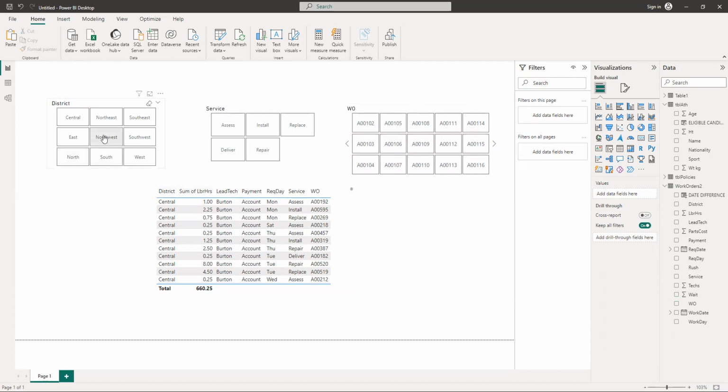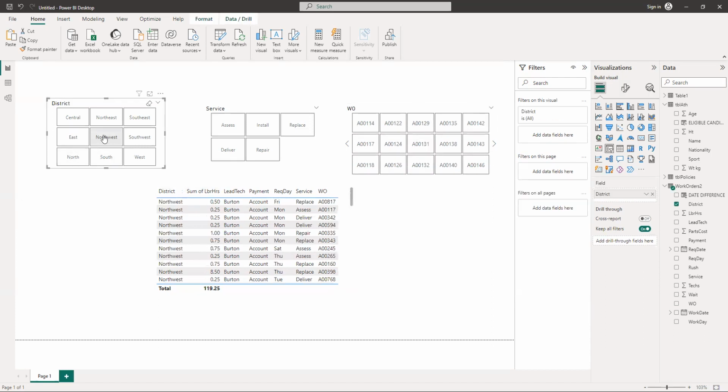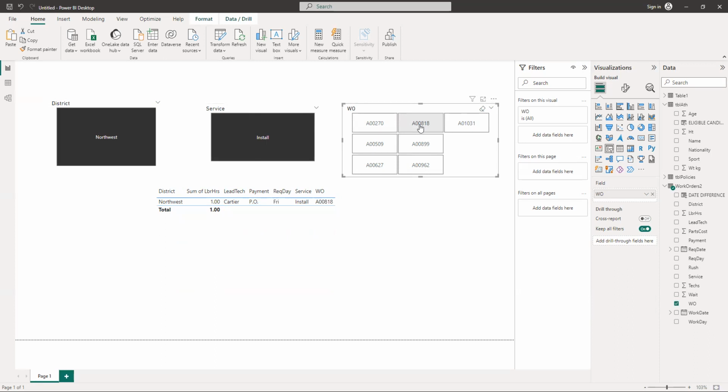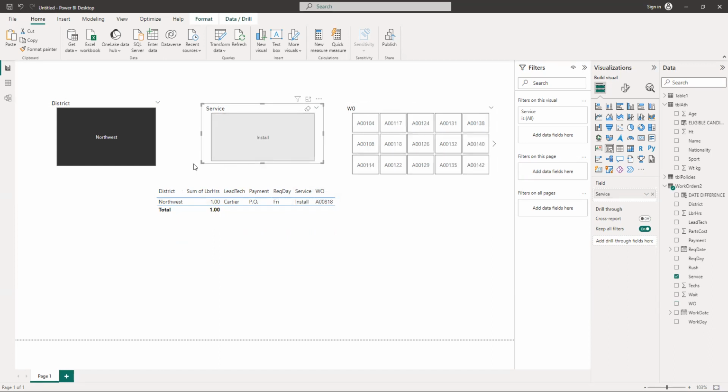Now, if I click on Northwest, it will filter out the data for Northwest. If I click on Install, it will give the data for install. And if I click on A00818, it will give the data for that particular work order. Similarly, if I uncheck it,